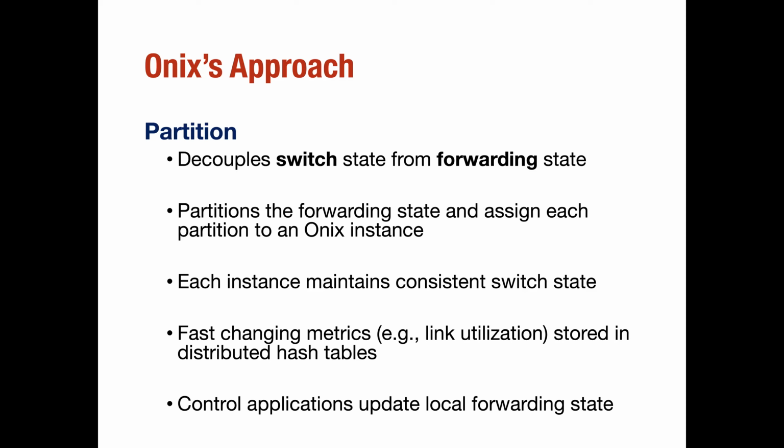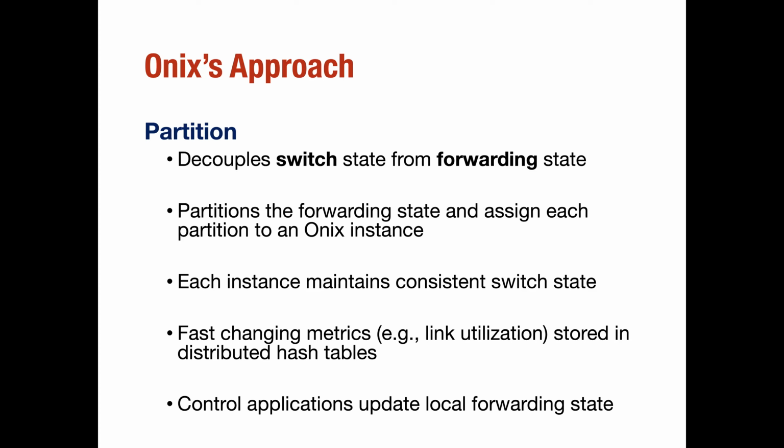And fast-changing metrics such as link utilization. You remember I was mentioning this metric called link utilization. So this can change a lot, right? Depending on how much traffic is coming in, what type of workload we have, the link utilization can change. So this is stored in distributed hash tables, and the control application,